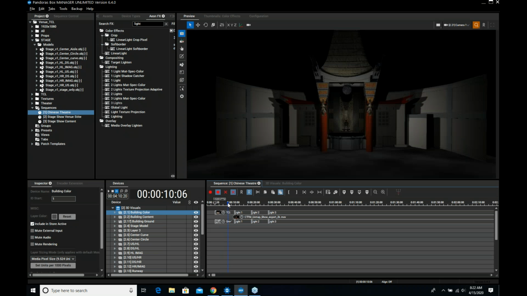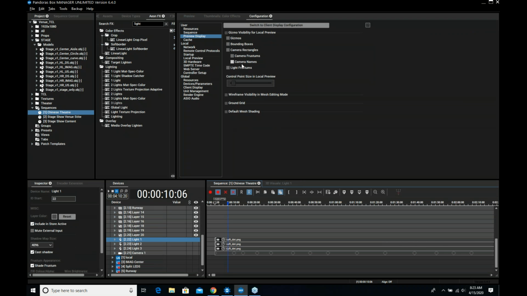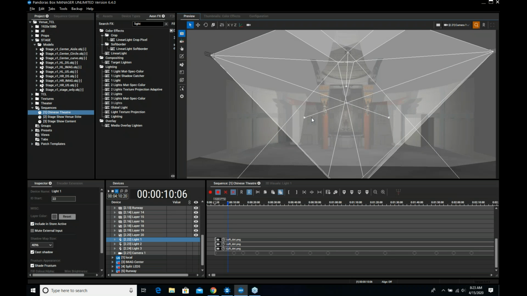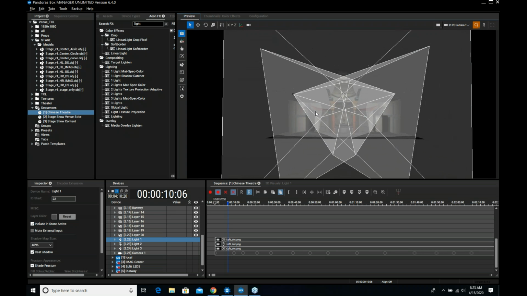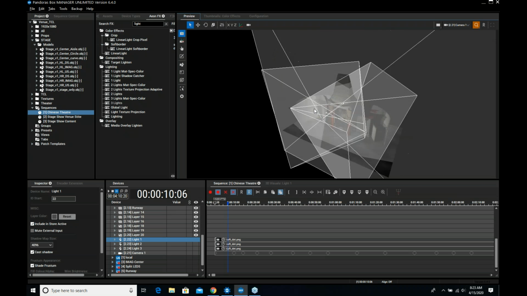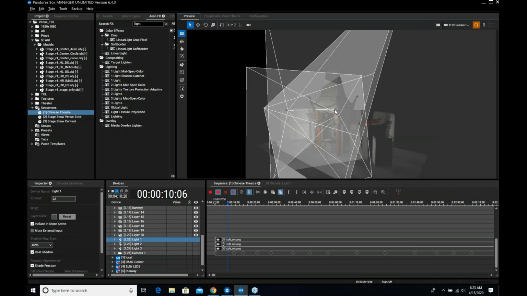To place your lights, you do the exact same thing you did with your cameras. You go into configuration, you can actually view your lights. Of course, these are floods, so they are very large. But you can see the same thing if you look. You have a light and its target. So if we go into the lights